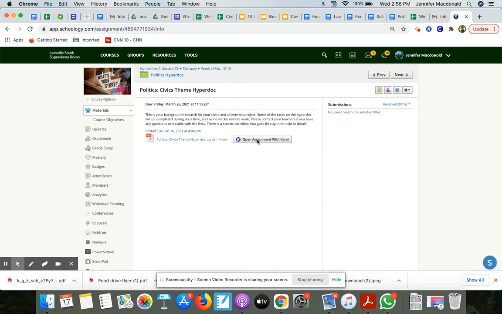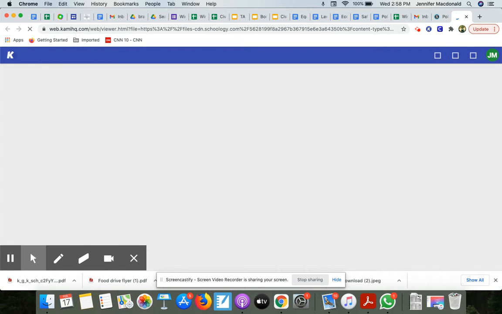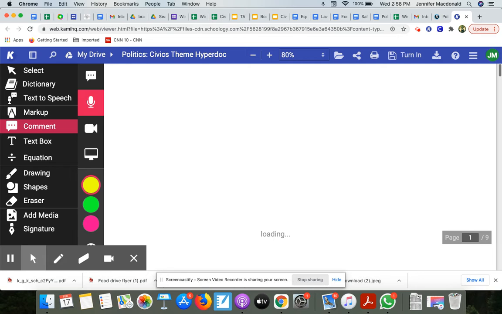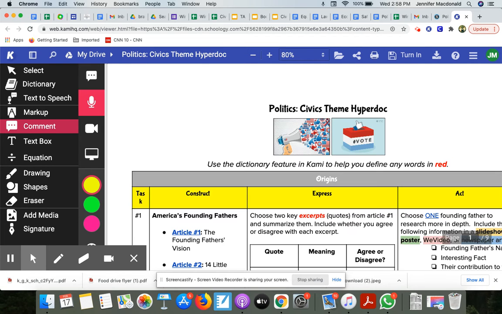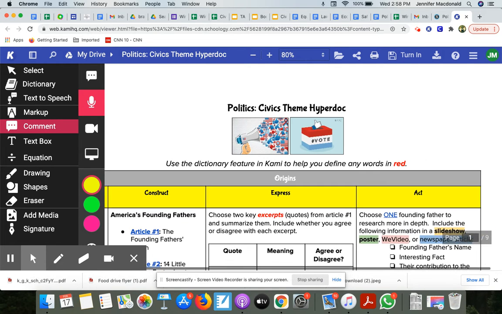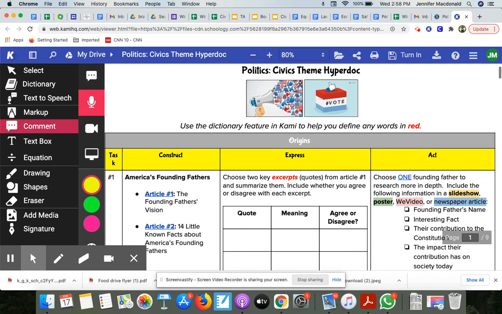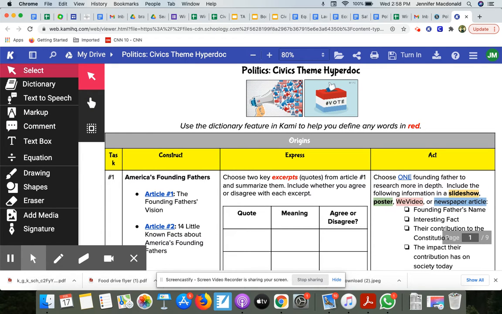So let's go ahead and open this assignment with Cami. And as it's loading, I just want to remind you that all of your Cami tools are over here on the left-hand side. That's how you're going to navigate them. And when you come in, don't forget that the select up here on the left-hand side really helps you navigate